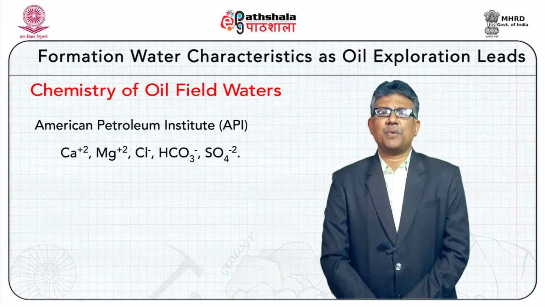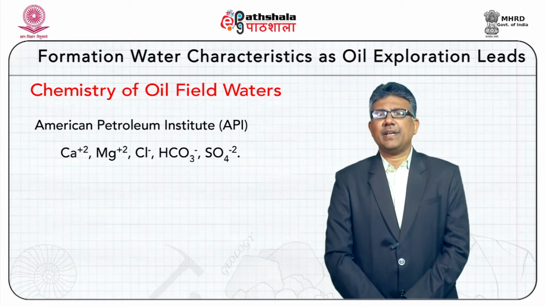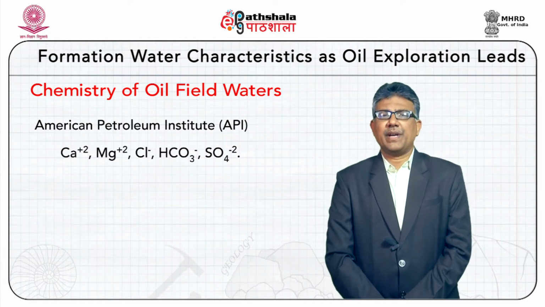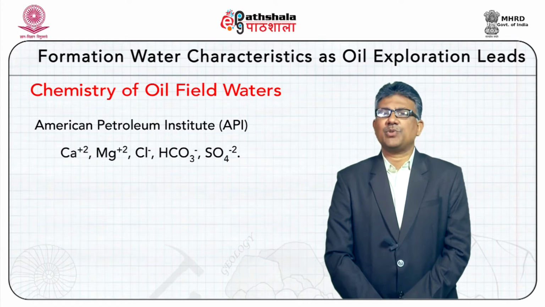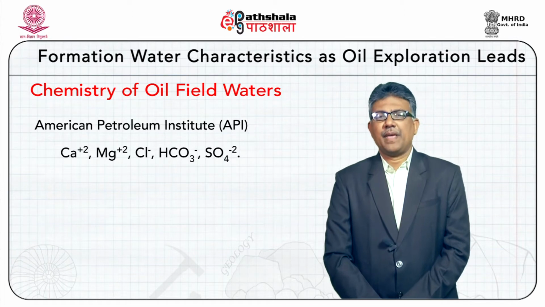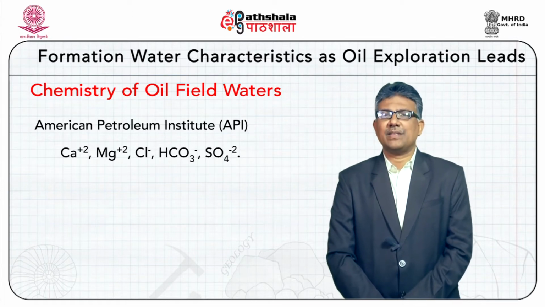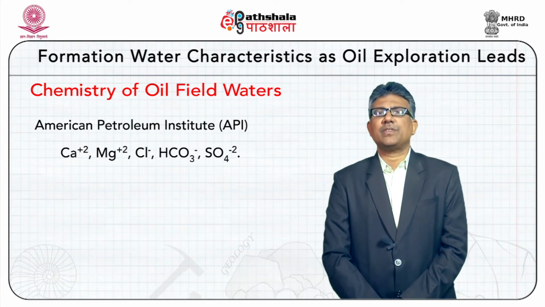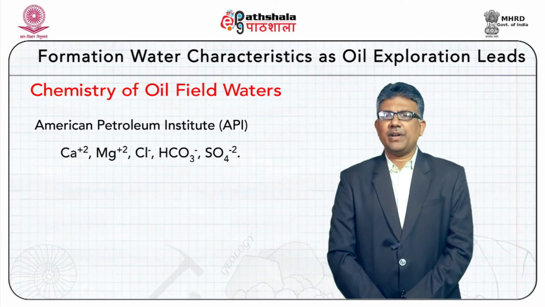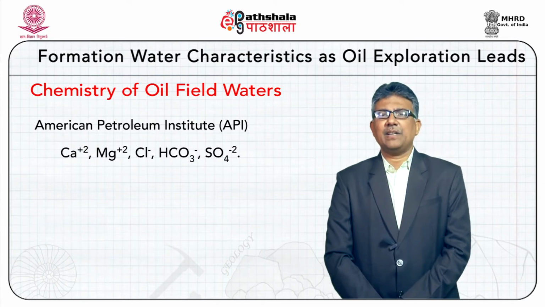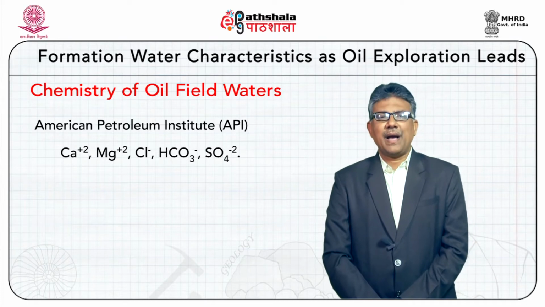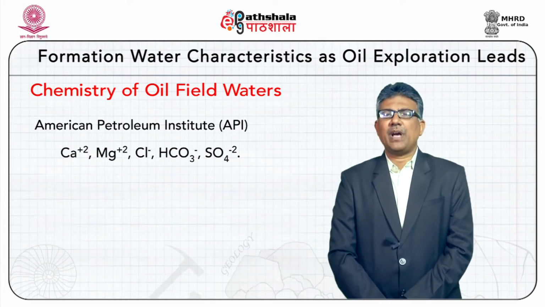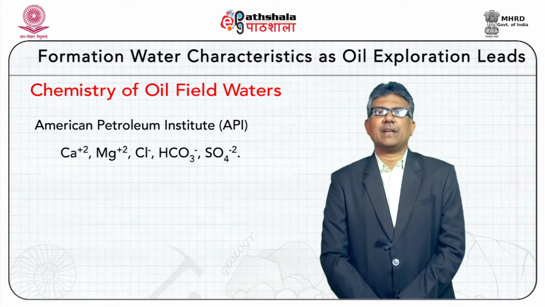Now, it is known to us from basic chemistry that each element or radical has its own combining weight. That is, to form NaCl, 22.997 grams of sodium reacts with 35.457 grams of chlorine, no more, no less. In fact, the sum of equivalent weights of cations must equal the sum of equivalent weights of anions. The equivalent weight of an ion is obtained by multiplying the actual weight of an ion, expressed in milligram per liter, by its valency, and then dividing the product by the atomic or the molecular weight of the ion.